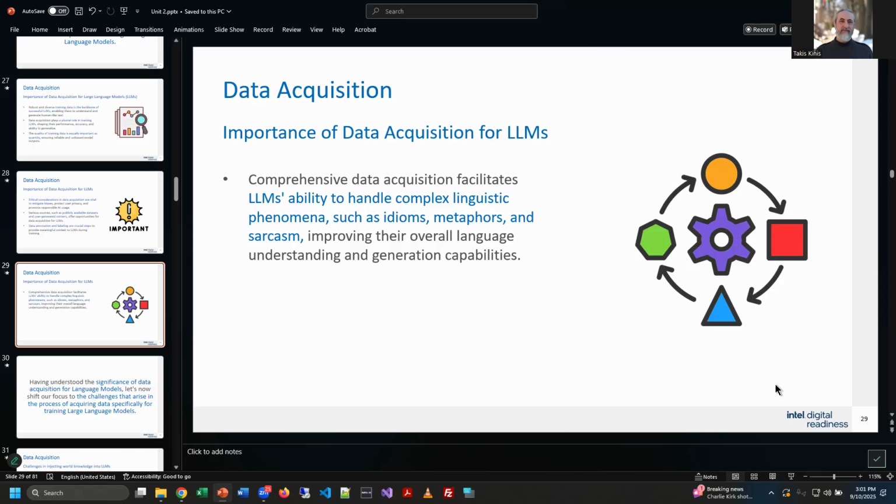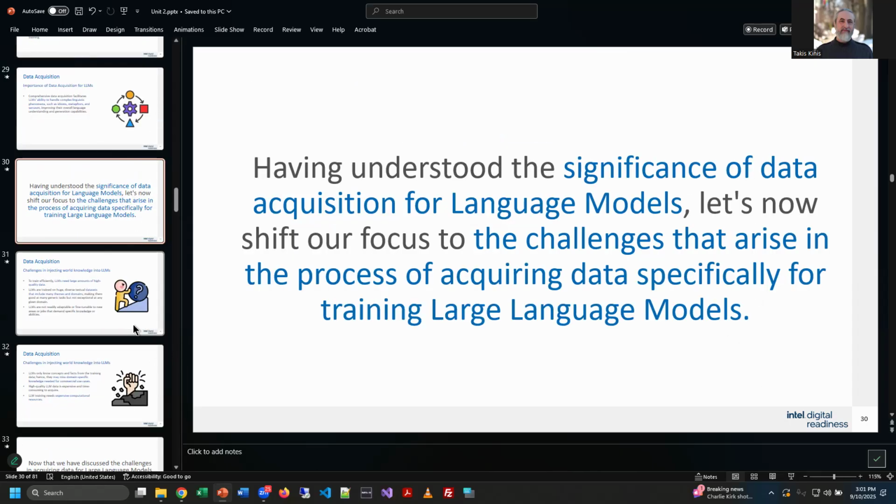If you don't have context, how do you get a joke? You don't. And how do you understand sarcasm in those contexts? Unless you have a complete data set so you understand what those things even mean, or examples of them, it's really hard for it to understand. So larger, more complete data helps with that.